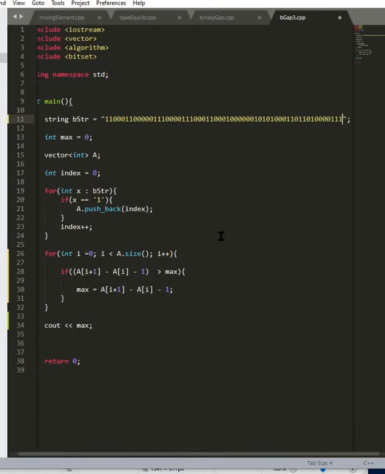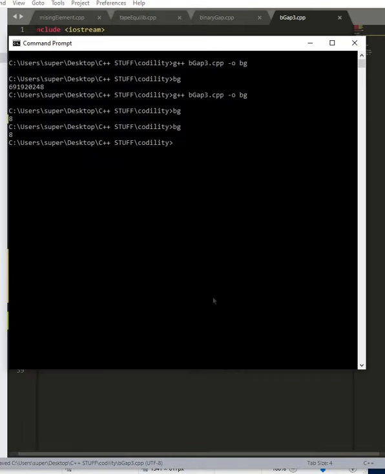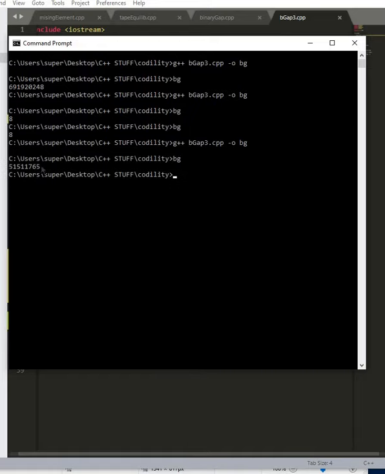So let's run this, save it, and run it. All right, now you see we're getting some gibberish here, right? Long story short, I did troubleshoot it. Long story short is simply that